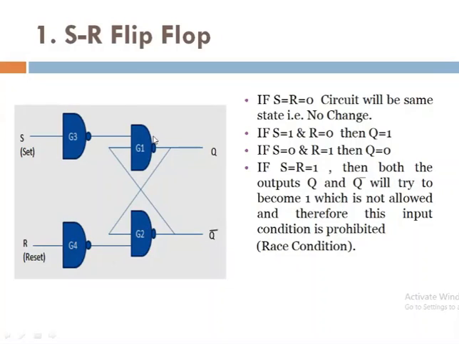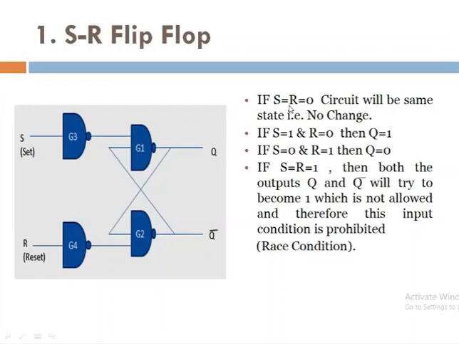Now if you are considering the operation of your SR flip-flop, the operation depends on the binary information you apply to the S and R inputs, because there are two inputs for this circuit. So what should be the output? If you consider two inputs, there are four combinations for S and R, that is 00, 01, 10, and 11. Now we want to design the truth table, or we can say the state table, for this flip-flop. You can check the combinations here.